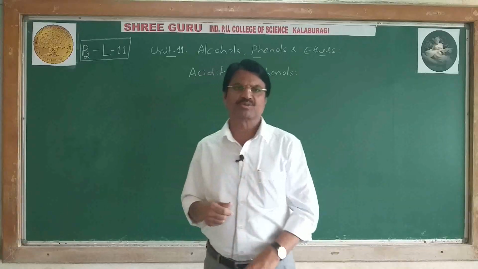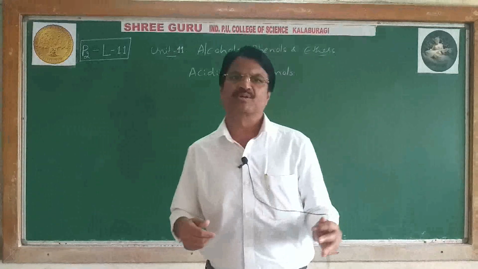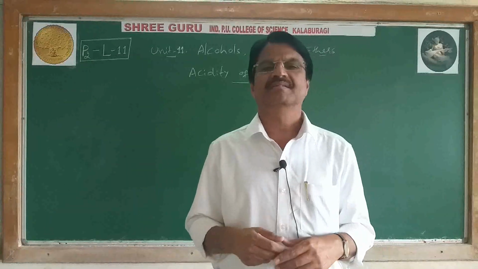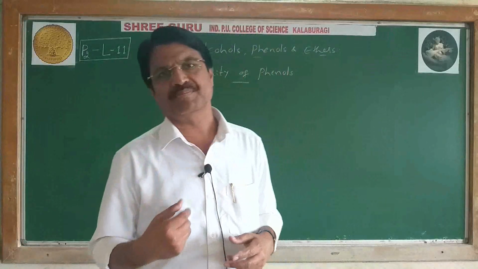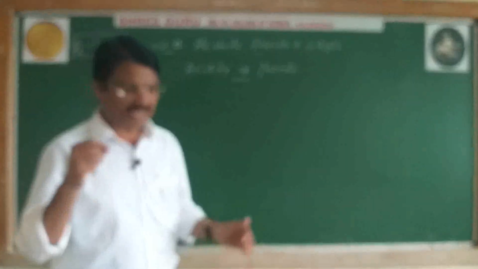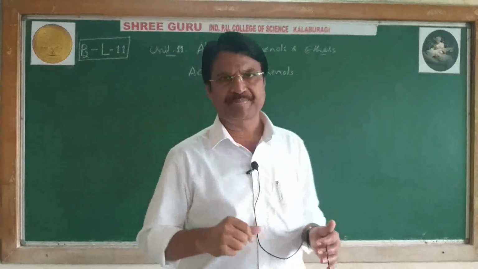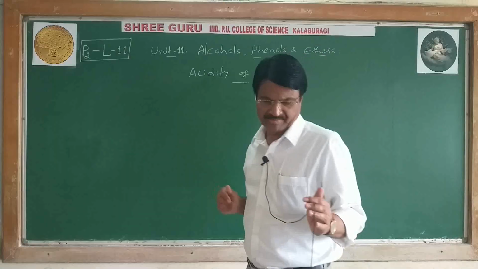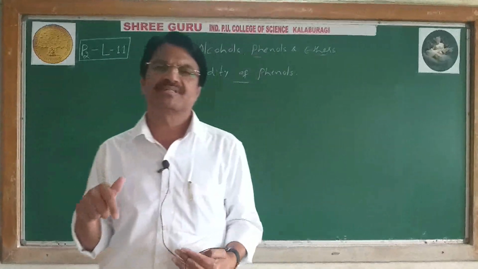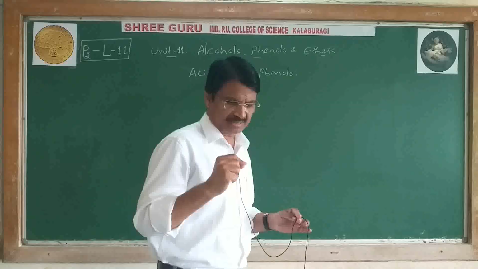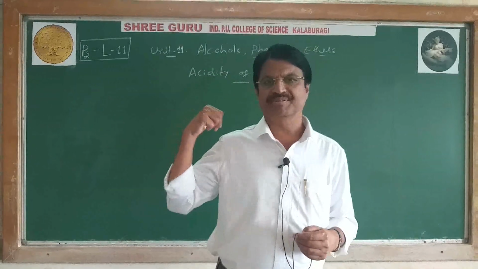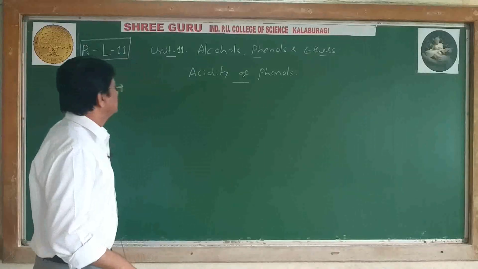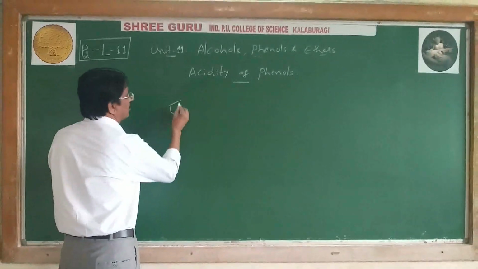Because phenol dissociates to give hydrogen ion and phenoxide ion. The acidity of phenol is mainly due to stability of phenoxide ion. The phenoxide ion is more resonance stabilized than what? Phenol. See here, phenol